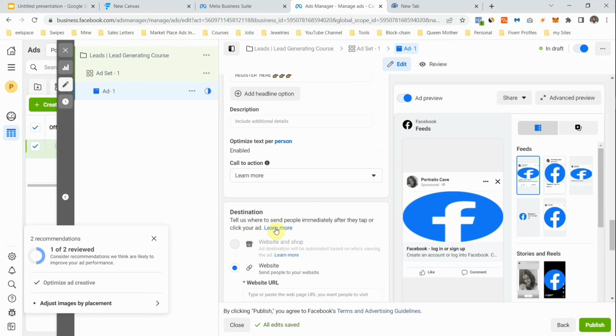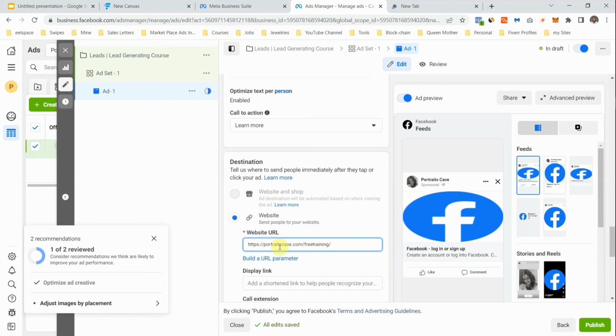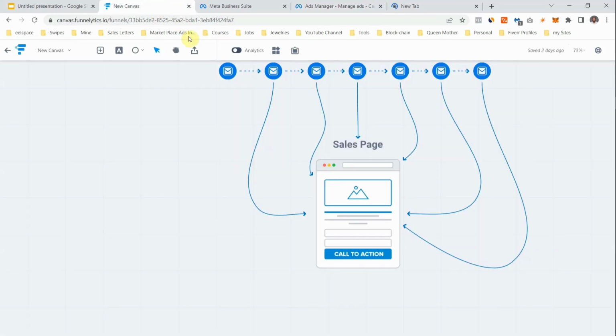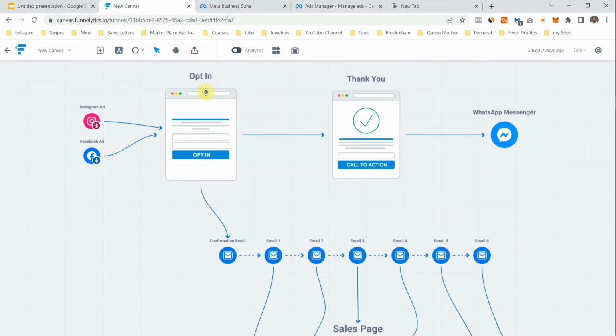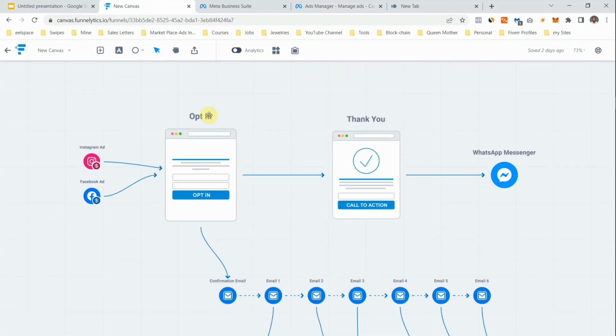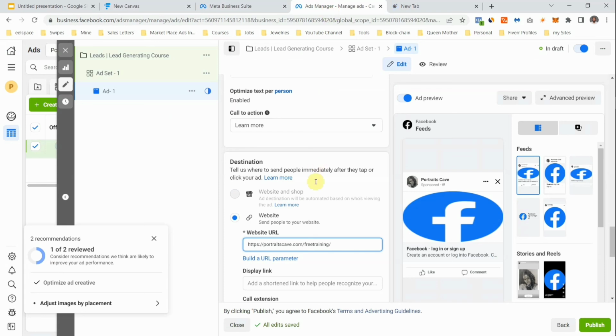Destination, tell us where to send people immediately after they tap on or click on your ad. This is just like the website. So you're going to come here and paste the website. That is the website to your landing page, to your opt-in page, which is this. This is your opt-in page. You're going to send them the link to your opt-in page, which connects to your thank you page and also triggers your email autoresponder. So you have to be very careful when setting things up so that you don't mess up your funnel. Once you include your website link,